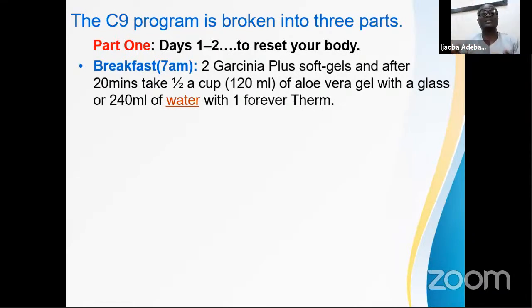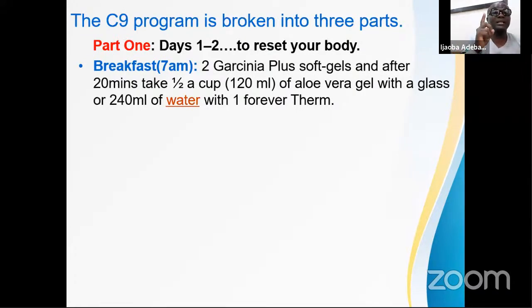The whole essence of C9, of detoxification, is to reduce the amount of toxin you put back into your system. What do I mean by toxin? Carbonated drinks, condiments, all these things that we use, the spices we use, not natural spices. I don't want to mention brand. That is the essence of C9. Reduce so that your liver, your kidney can function maximally. They can go and do the needful.